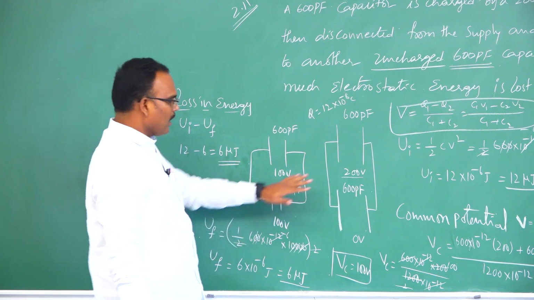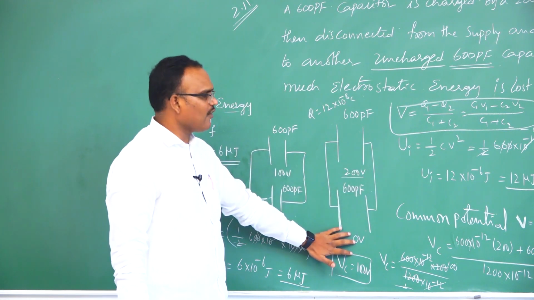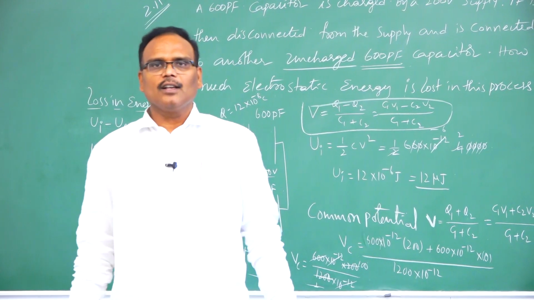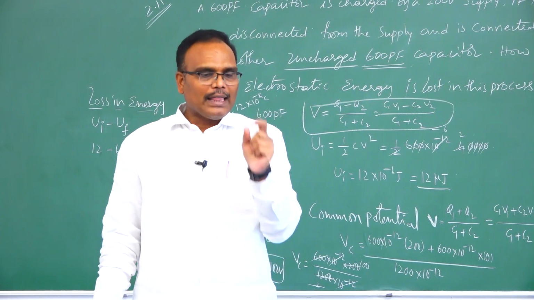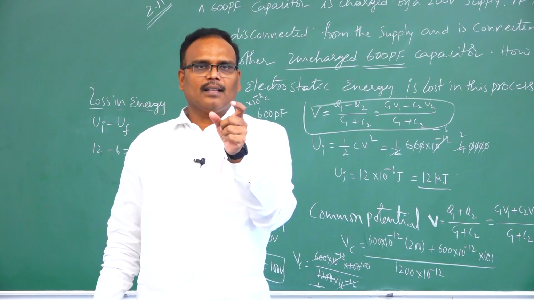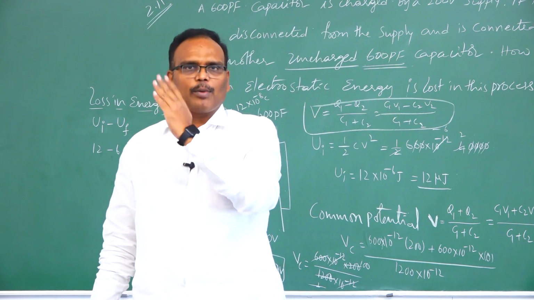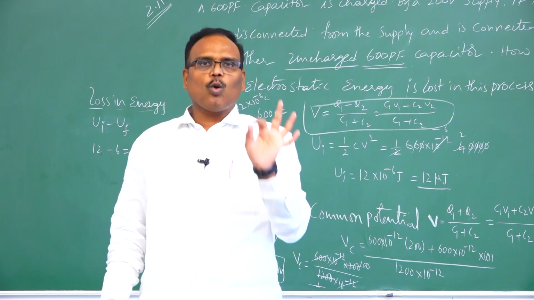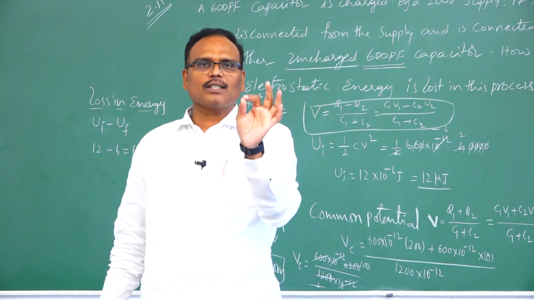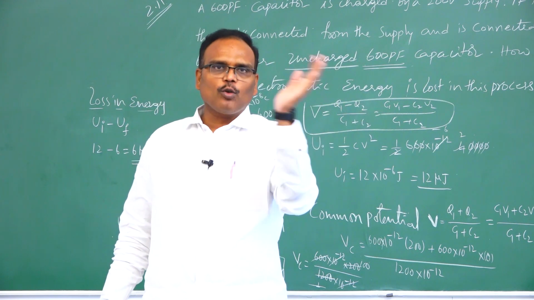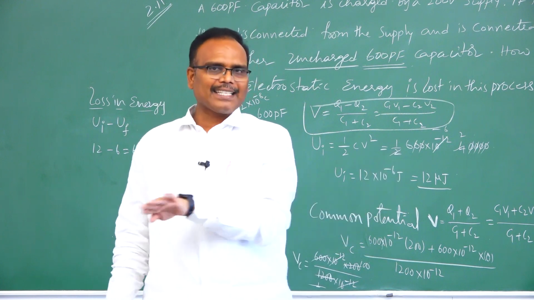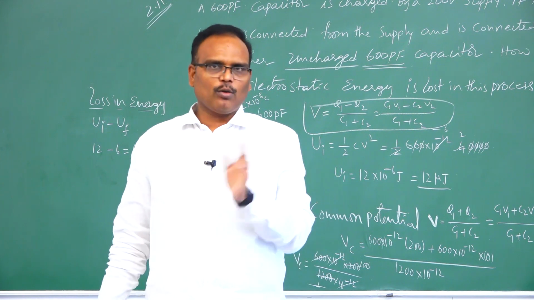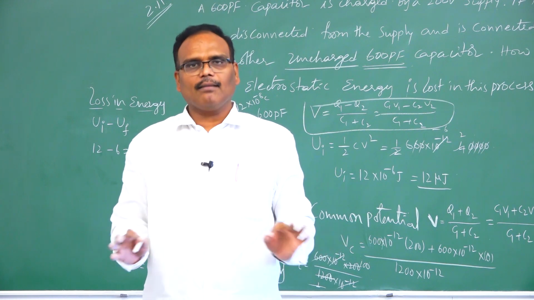For example, if these two capacitors have the same potential difference, there is no flow of charge from one capacitor plate to the other capacitor plate, so there is no loss in energy. So when there is a potential difference, then charge flows from higher potential to lower potential. Definitely energy will be lost in this process always. Only in one situation we should not lose energy, where the potential of two bodies is the same. If we connect, then charge does not flow. When there is no flow of charge from one body to another body, then energy loss will not happen.